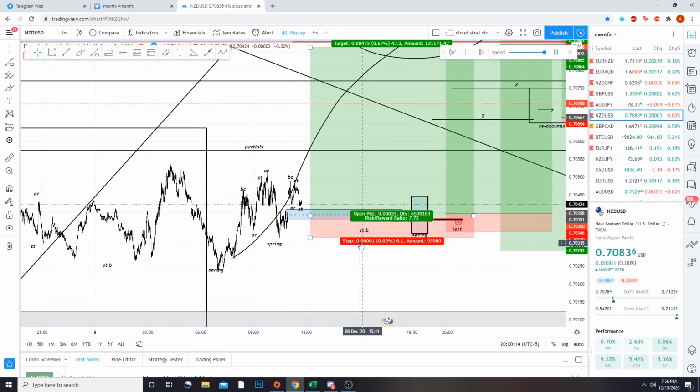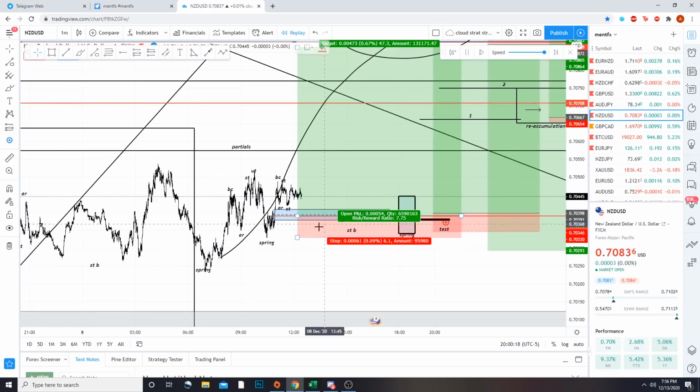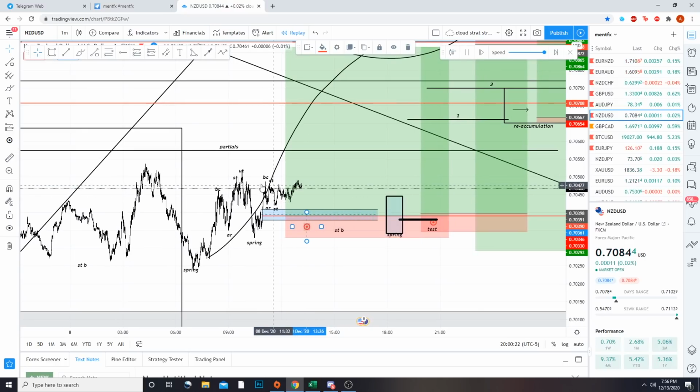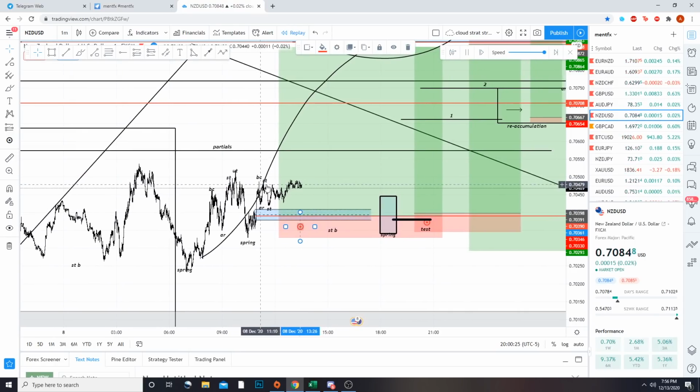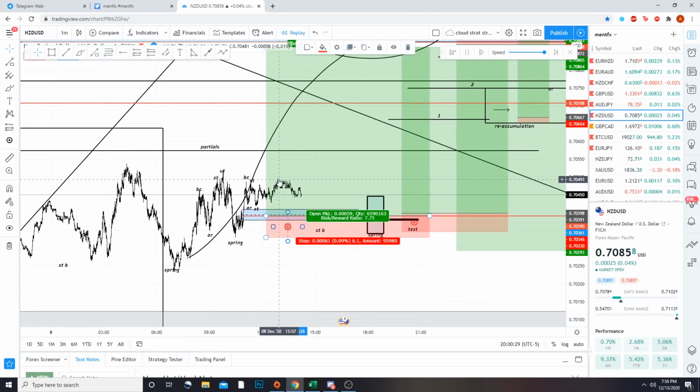However, why did we have a second entry? So we were expecting to enter here for a test, and as you can see, we got the perfect test, I believe, right about now. So price moved around here, giving us a buying climax, automatic rally, that ST equal highs, that moved through more equal highs, right? So we liked this a lot, and we wanted to see that taken out, right?